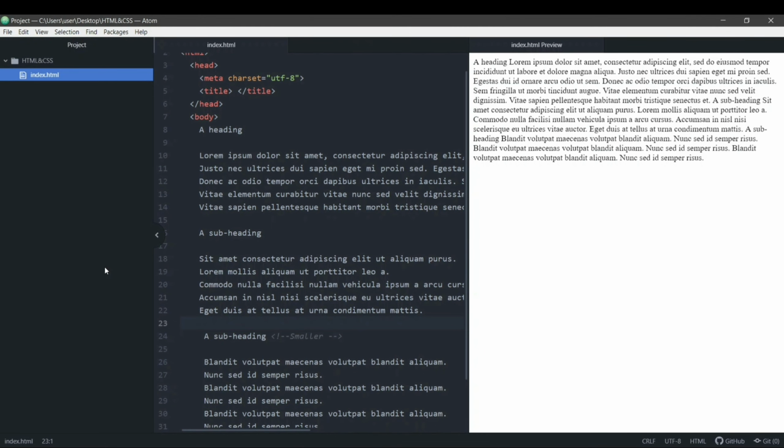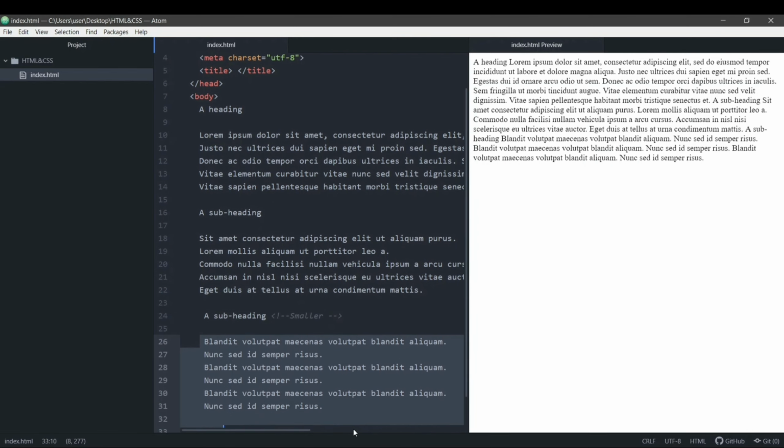In this video, we're going to learn about HTML text basics and the new text structuring elements in HTML5. Before moving forward, you can see that I have this basic structure typed out on my editor. I have a heading, then a paragraph for this heading, then a subheading, a paragraph for it, and then a subheading which is even smaller, and a paragraph for this heading.